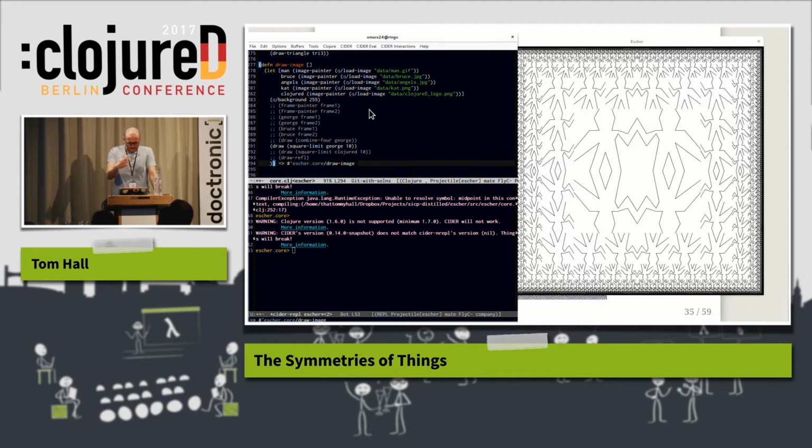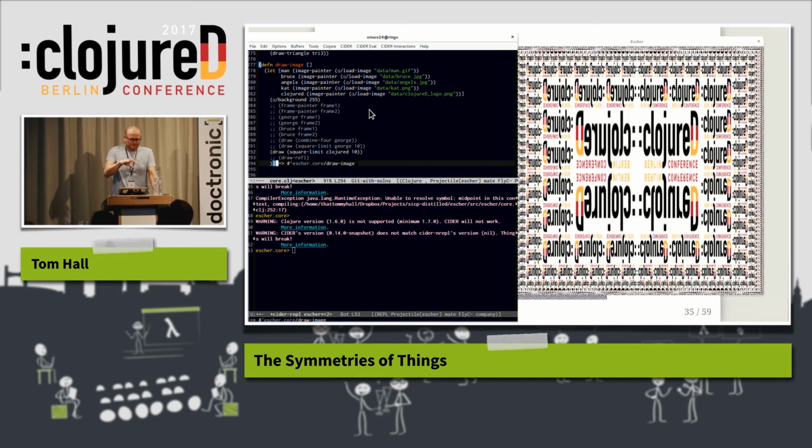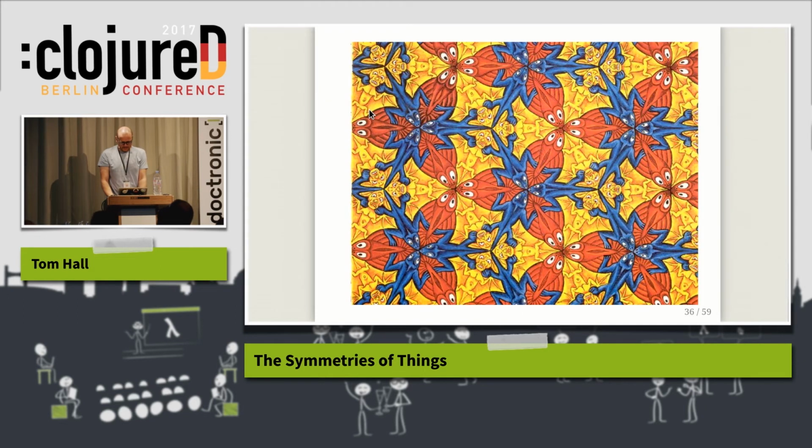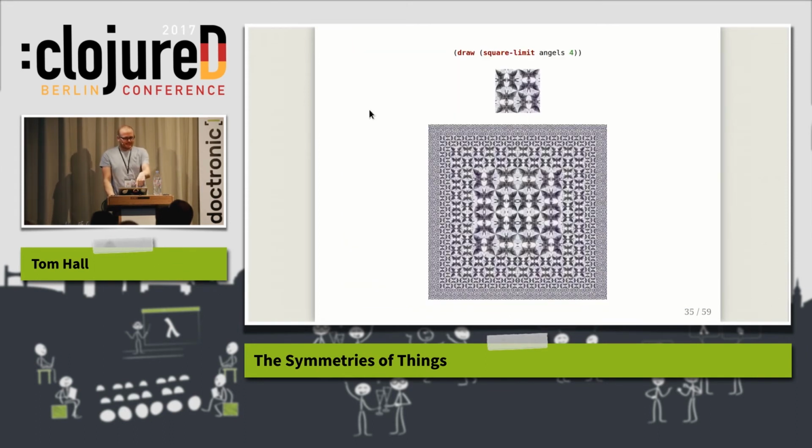OK, so we can draw it for George. And for a conference-specific one, I grabbed the logo, so we can recurse and do that. So that kind of allows for some Escher pictures to be drawn. We're roughly halfway through the talk, which is nice, almost like I planned it. And then a whole class of Escher pictures is describable, and we can take the square limit of